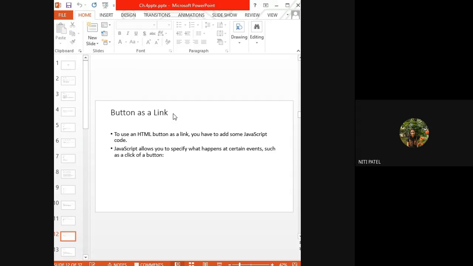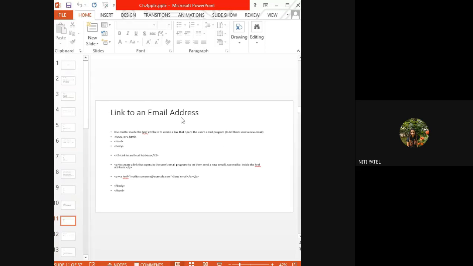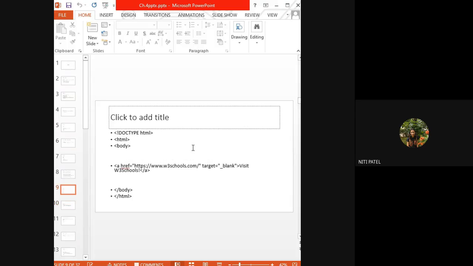So whenever you want a website where your web pages should link on a button, at that time we make use of this concept, which is called button as link. So when I click on that button, it is going to take me to a link. What was happening up till here? When I click on this particular text, it was taking me to a web page. But here this text is now replaced with the button.